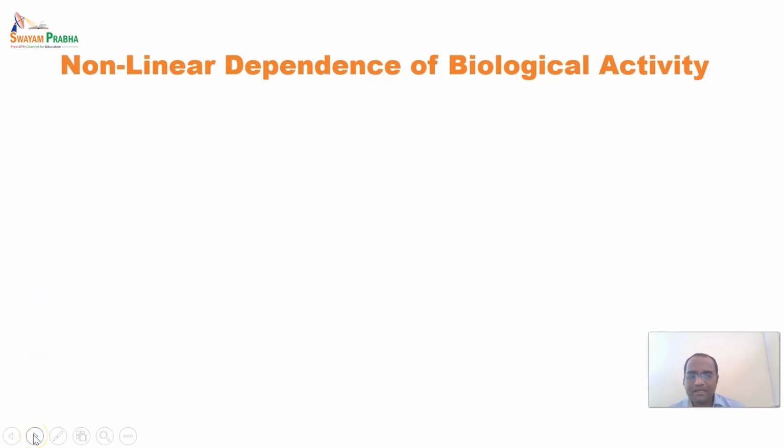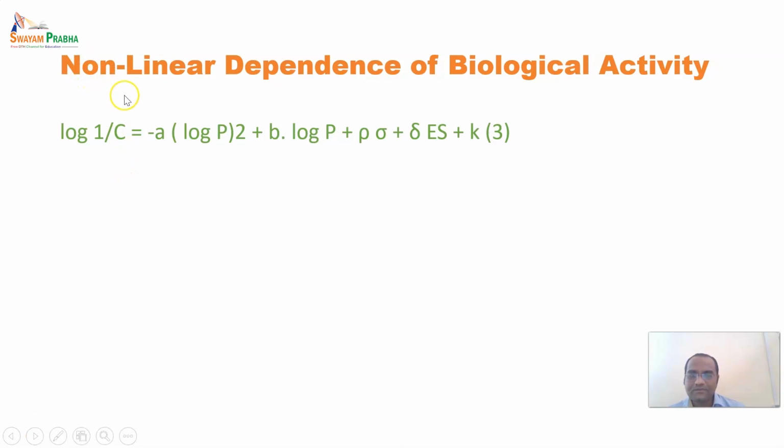Non-linear dependence of biological activity. So Hansch has developed an equation for a non-linear dependence. Non-linear itself indicates that there is no direct relation with hydrophilicity or hydrophobicity, or we can say the steric factor or electronic factor. So it does not depend directly on biological activity. So there is a parabolic pathway, or a curved graph obtained for a biological